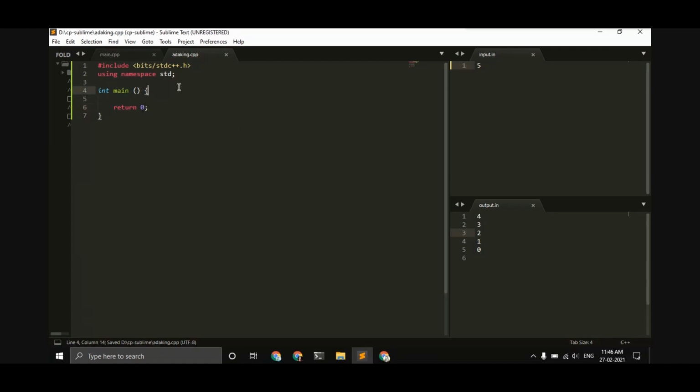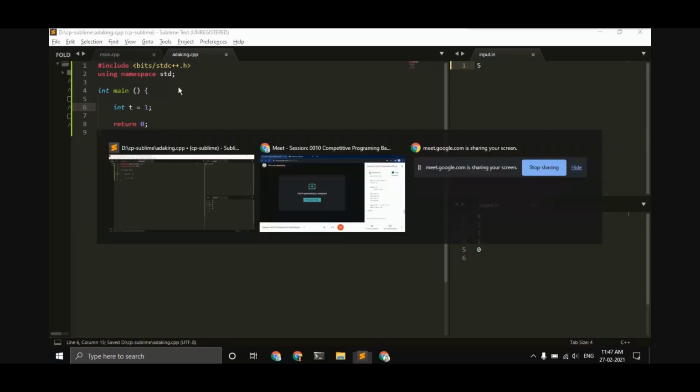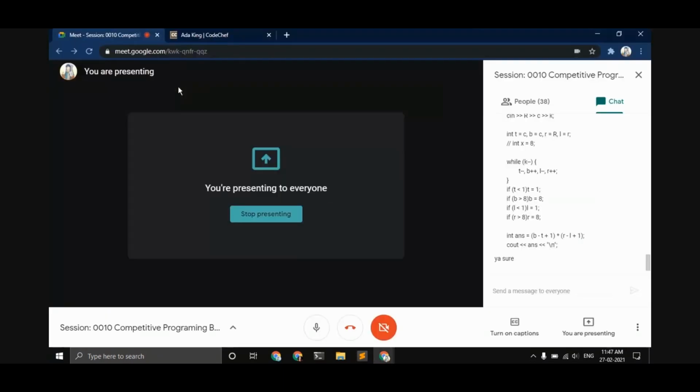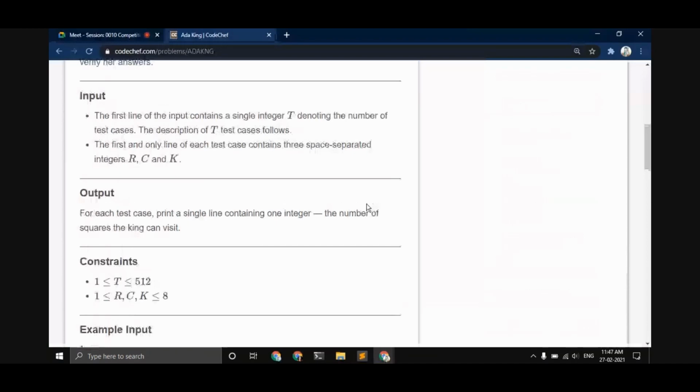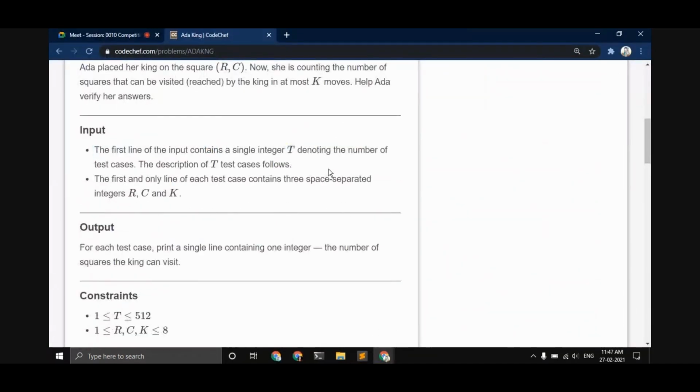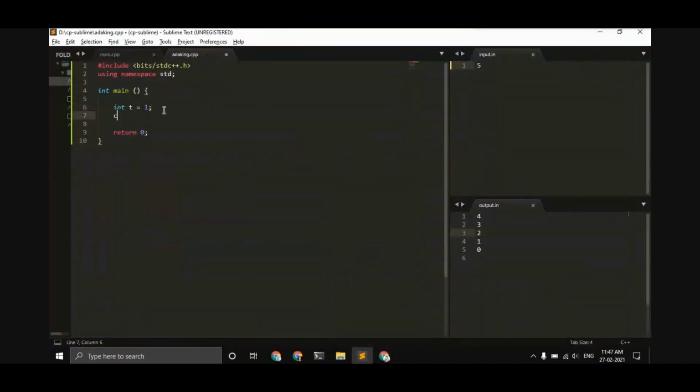This is basically your C++ template. And then the first step is to take t as an input. So we are getting the first line of input, which contains a single integer t. So we take input of t and store it here.